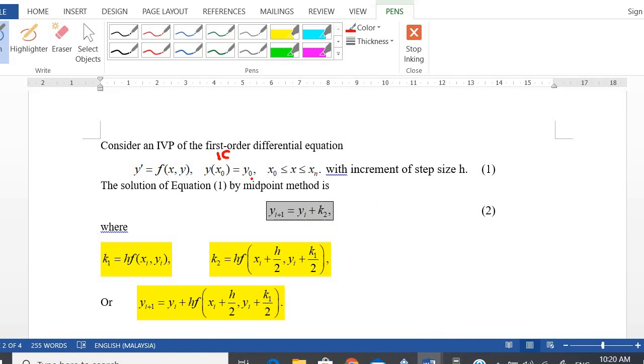It means that given the initial value, when x naught, y equals y naught, we have y naught plus k2. Then we can get y1. So with y1 plus k2, you get y2, and so on. That's why we have the formula y i plus 1 equal to y i plus k2, where the k2,